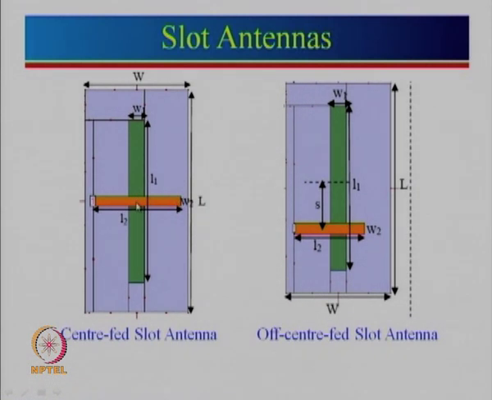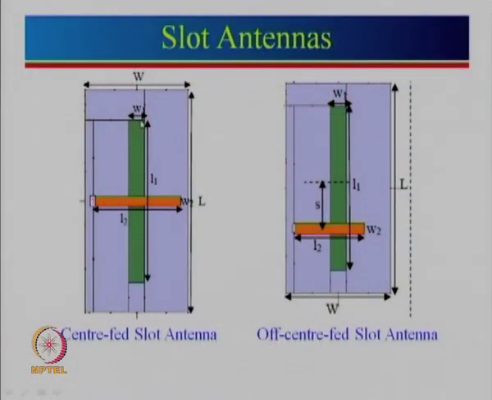So the current will be maxima here if this length is approximately lambda by 2. Since the current is maxima here, the magnetic field will be around it, and that magnetic field gets coupled to the slot antenna. Now for a slot antenna, the voltage and current are opposite to those of the dipole antenna. In a dipole, current is 0 at the ends and maximum at the center. Whereas for the slot antenna, voltage is 0 at the short circuit, maximum in the middle, and then goes to 0 again. So the current will be 0 at the center.